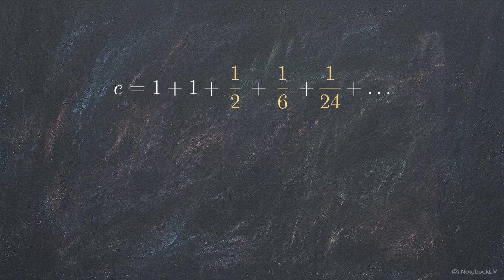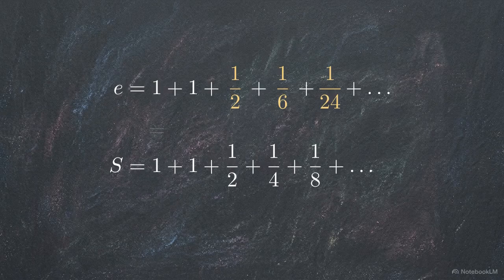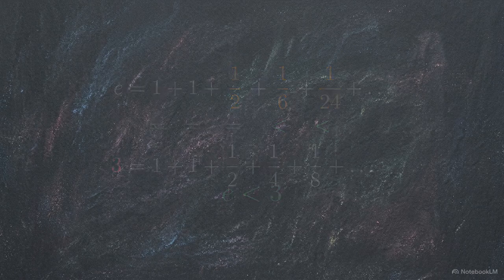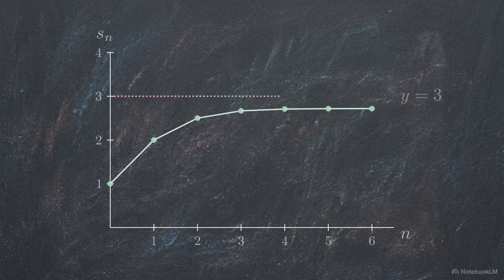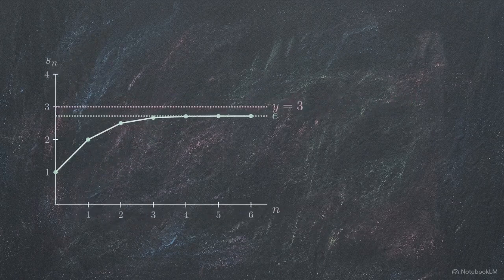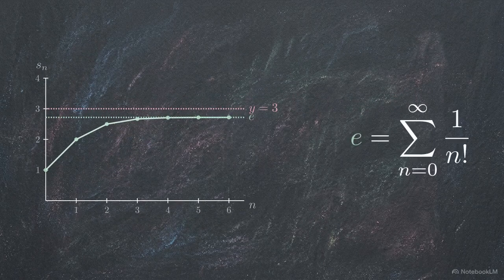To know this sum actually results in a specific finite number, we compare it to a simple geometric series, 1 plus a half plus a quarter plus an eighth. By the fourth term, the denominators in our factorial series are growing much faster than the powers of 2. Because of this, the entire factorial series is strictly less than 3. Because the denominators multiply out so quickly, the series converges rapidly. We have a solid, bounded value to work with, making this infinite series the perfect starting point for rigorously proving